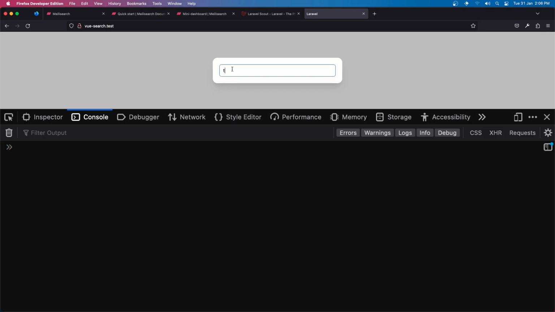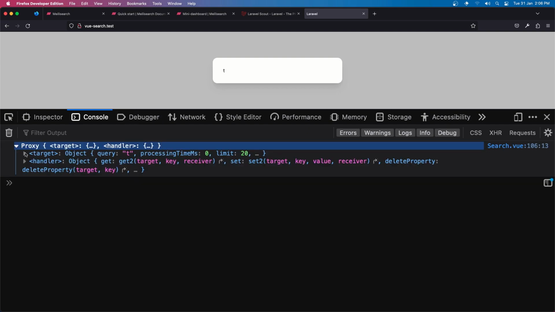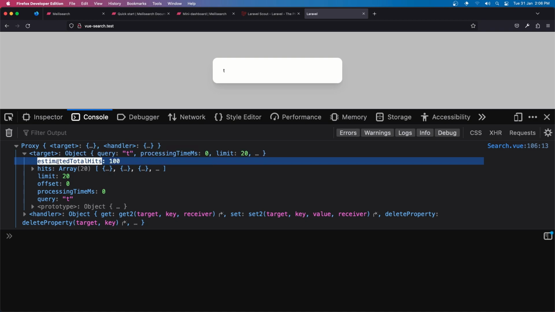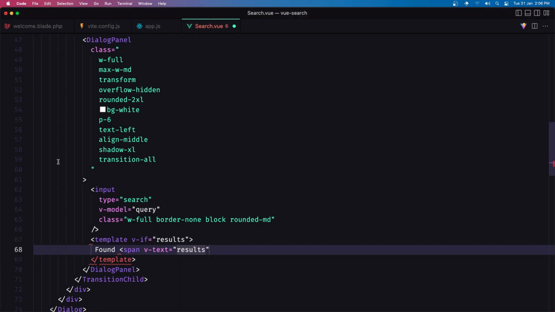So let's open this target. Yeah, we need to check for this estimated total hits, and let's copy that and say dot estimated total hits here. Close the span, and I'm going to say found results like this, or maybe on the